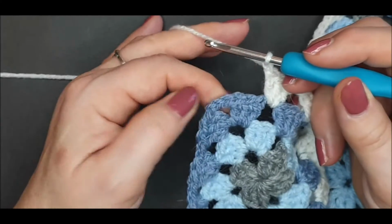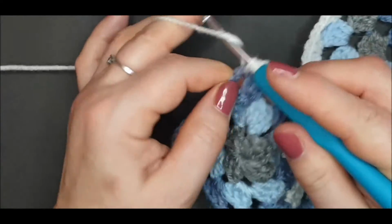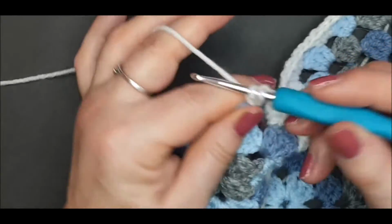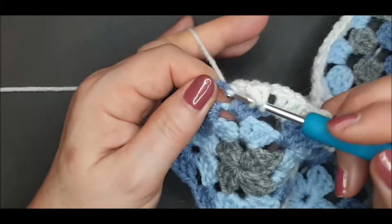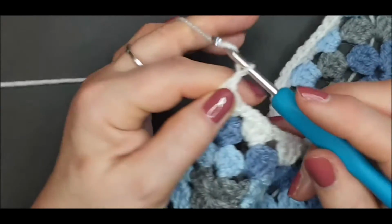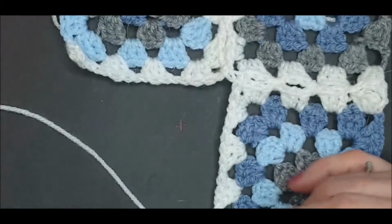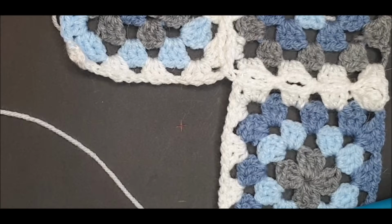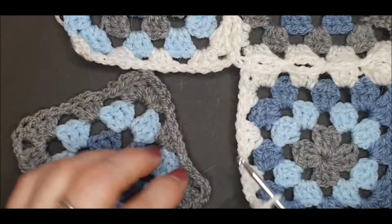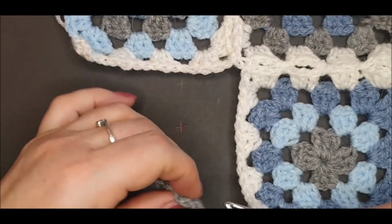Chain 1, create the first corner with 1 set of double crochets into this first corner, and then chain 1, 2, then we're going to bring in our final square, and so we're going to slip stitch into this corner,